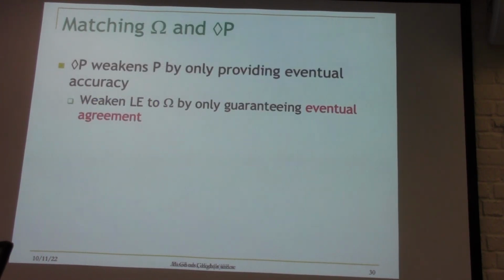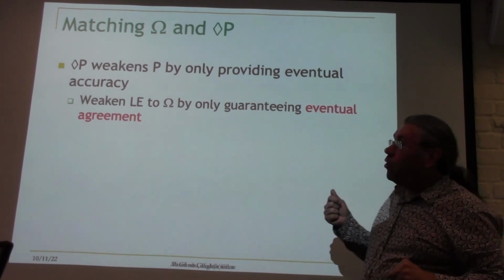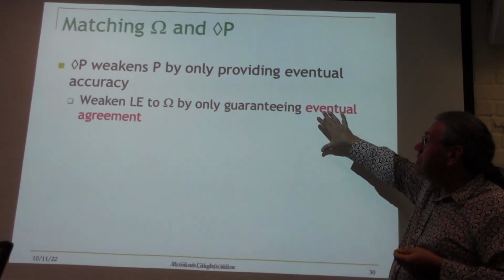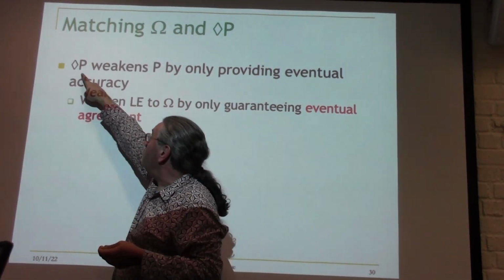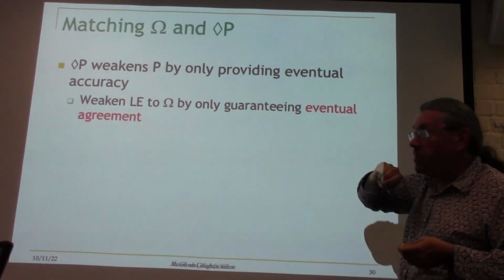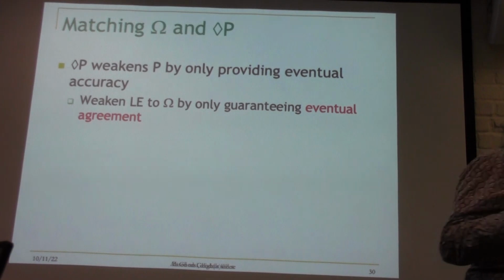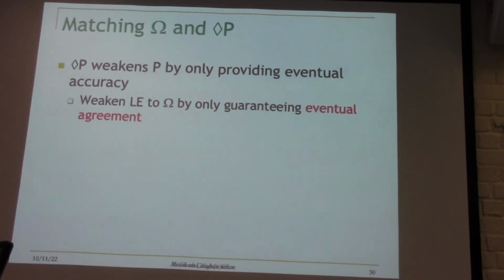And so the next step is I will show you the other one, which is omega. LE is perfect, never makes mistakes. But that's kind of not realistic. Let's go to another version of the leader election, which is allowed to make mistakes in the beginning. And it's the same analogy. It's like going from P to eventually P. So eventually P is weaker than P because it only has eventual accuracy. So accuracy is mistakes. That means it's allowed to make mistakes for some time.